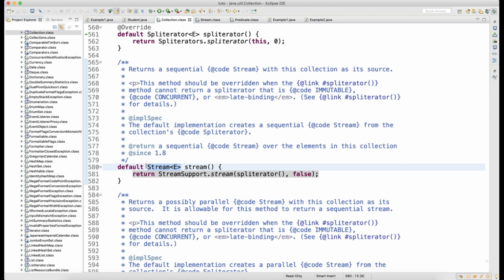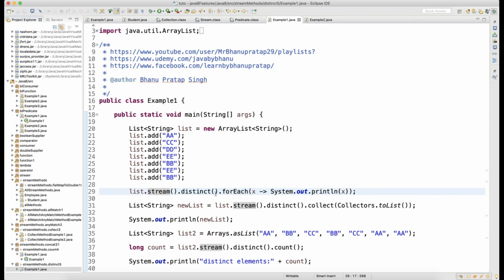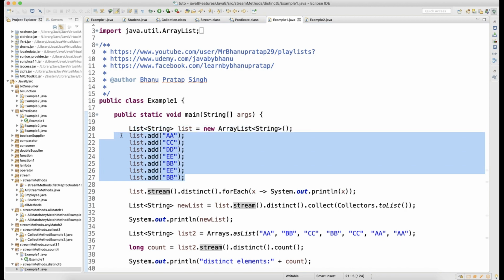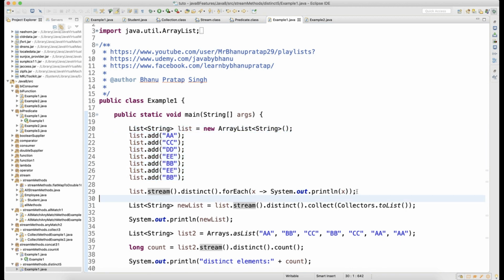What is the type of object you are storing? A string. So when you perform dot distinct, it will remove all the duplicate data from this, and then you are running a for each loop. So when you say distinct, what is the data you are going to get here?